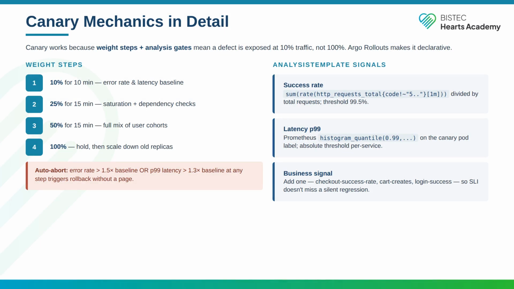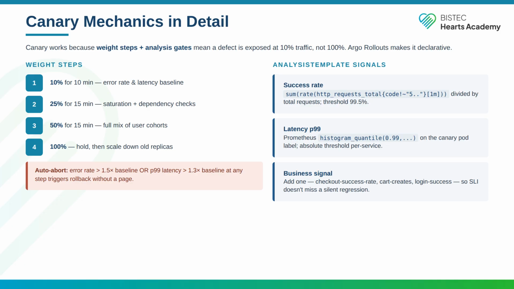Canary works because wait steps plus analysis gates mean a defect is exposed at 10% of traffic, not 100. Argo Rollouts makes the whole thing declarative. The wait steps: 10% for 10 minutes to establish an error rate and latency baseline, 25% for 15 minutes to expose saturation and dependency behavior, 50% for 15 minutes to hit a full mix of user cohorts, 100% hold, then